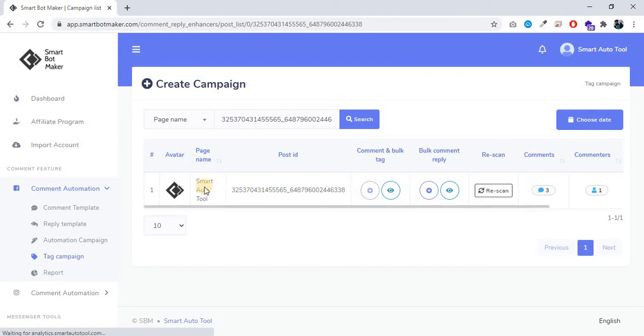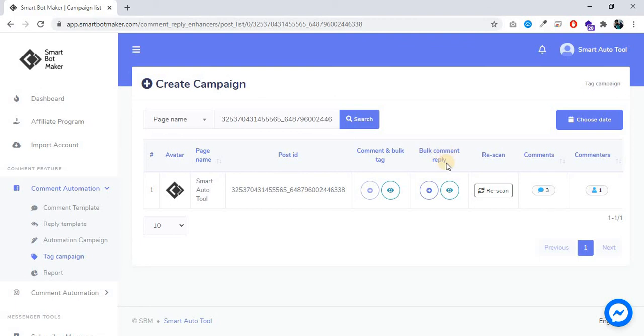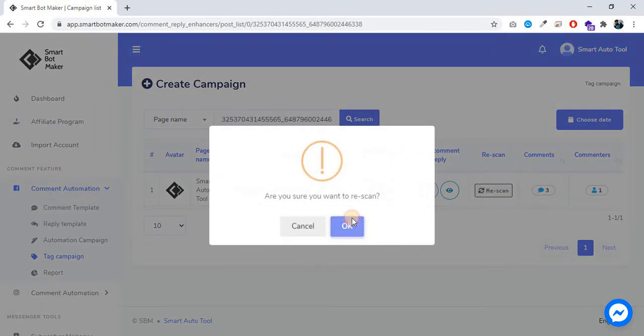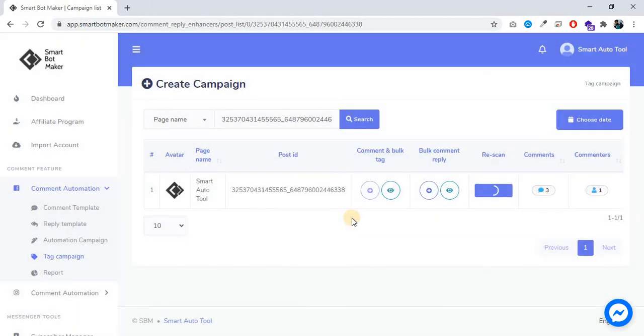Here you can see the detail: comment and bulk tag, bulk comment reply, rescan, comment 3, commenter 1. You can rescan here. You can see comment and commenter count in each row.